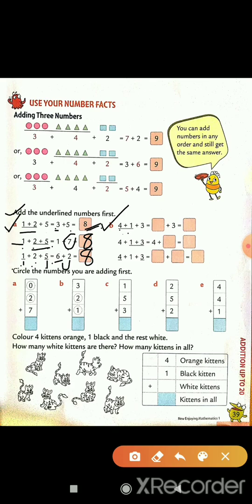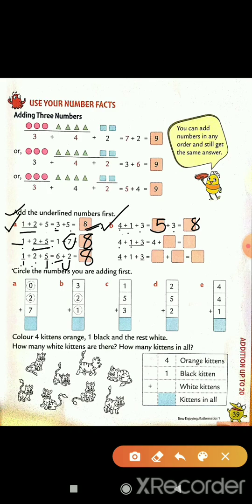4 plus 1 are underlined. So 4 plus 1 is equals to 5. So you have to write here 5. And then 3 is remaining. So 5 plus 3 is equals to 8. For this you need to remember your number combinations very well. So first you remember your number combinations and then you will do this exercise. Got it, students? Next,